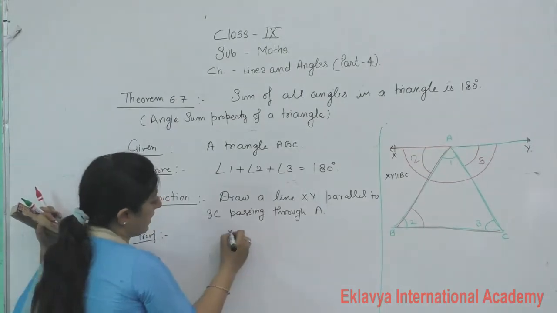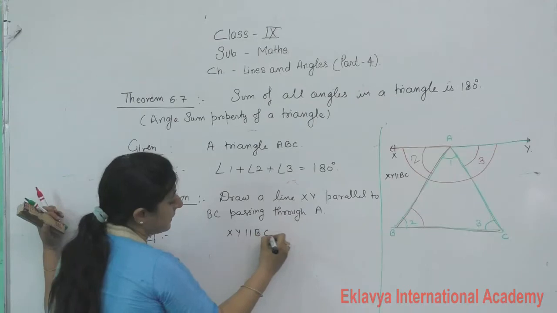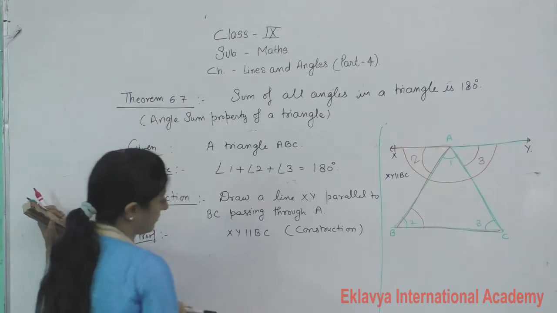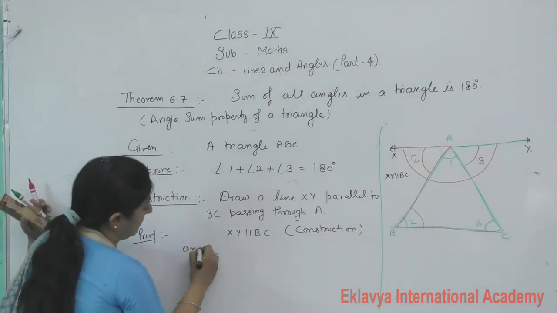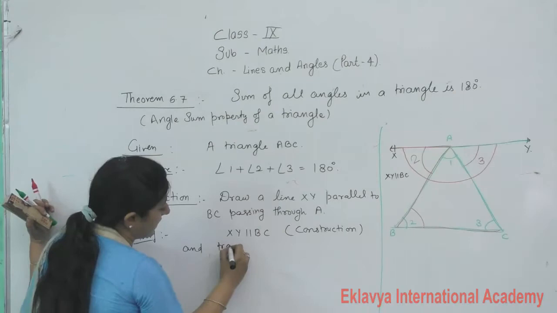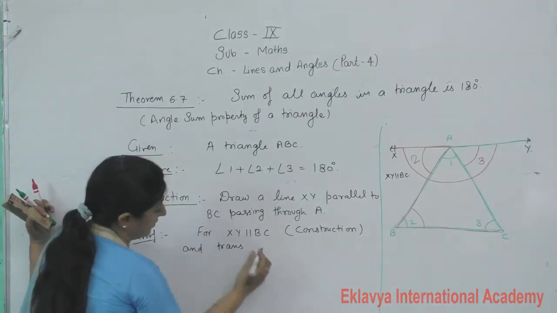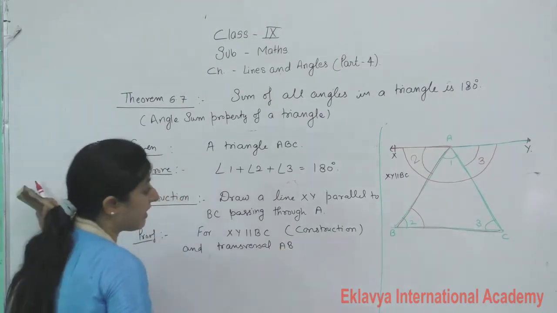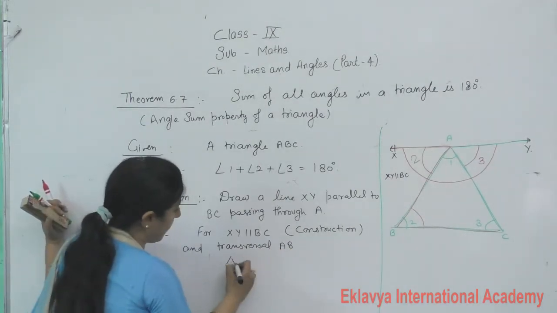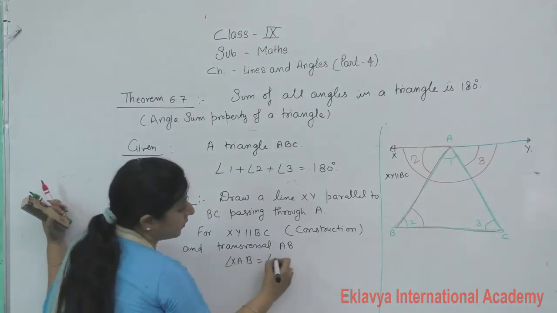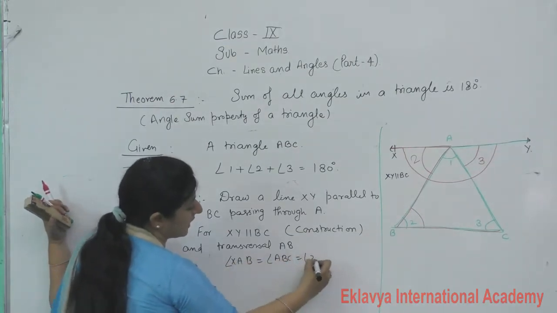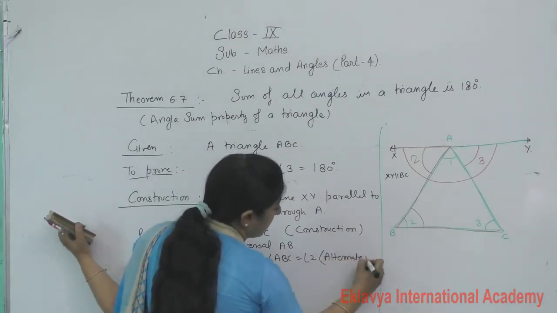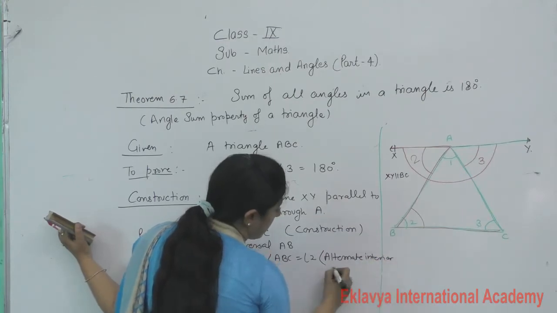In this, XY is parallel to BC by construction, and transversal AB, angle XAB is equal to angle ABC is equal to angle 2, reason alternate interior angle. First,